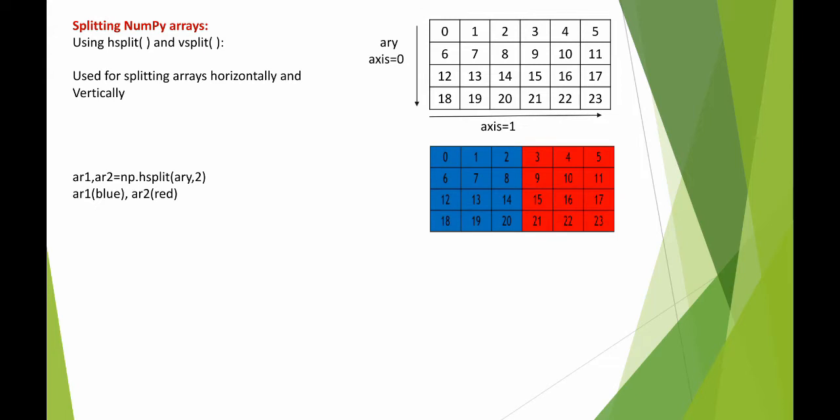See, first color is of blue part, okay, second part is of red color. So what we have done here, we have horizontally split the ARY array in 2 equal parts. See, in both the parts number of rows and number of columns are equal. Both of them are having number of rows as 4 and number of columns as 3. Okay. Now again if we write